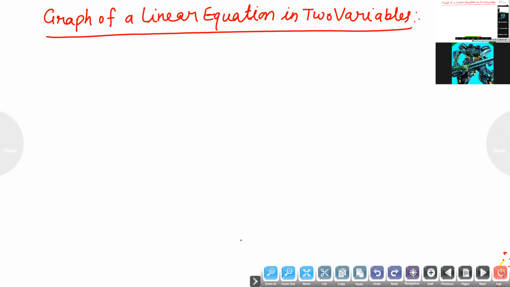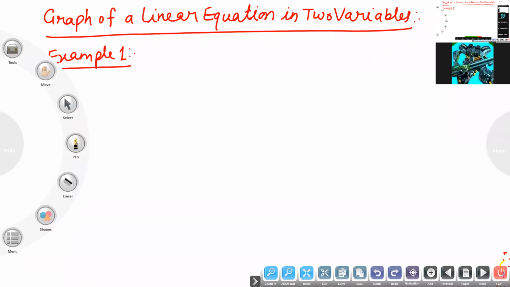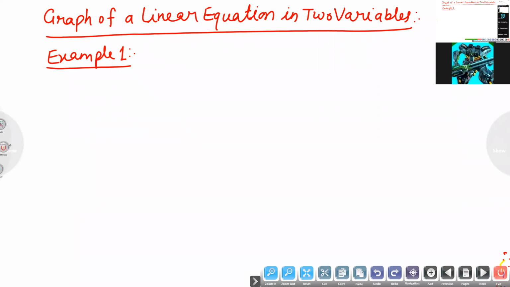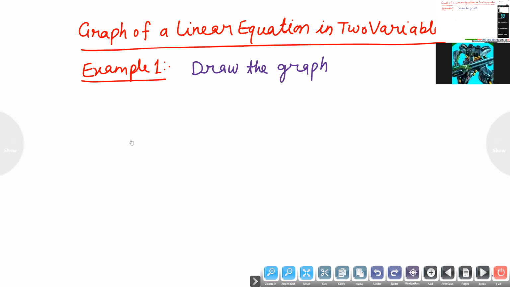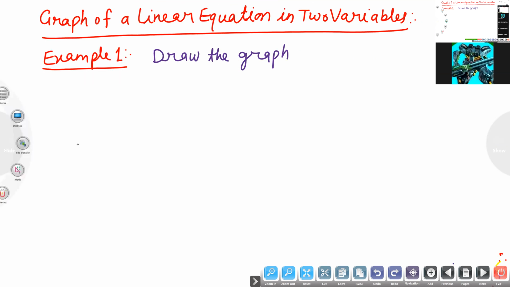Note down example first. Example first: draw the graph of